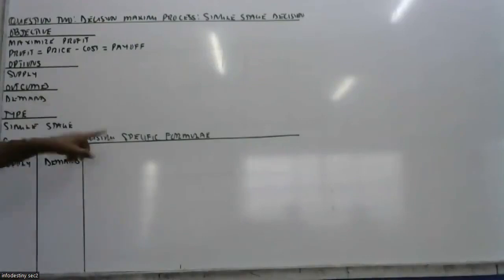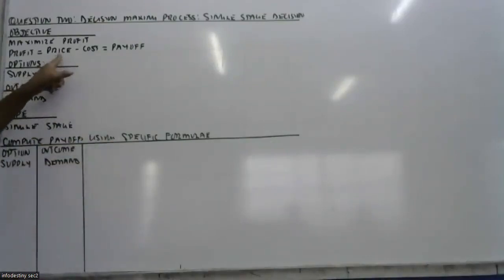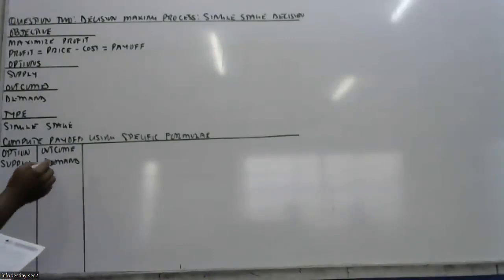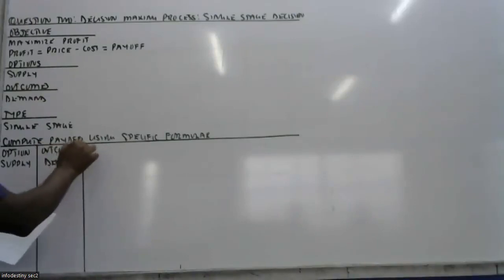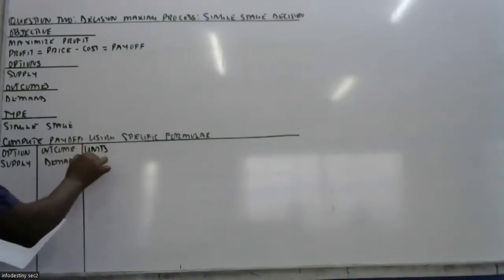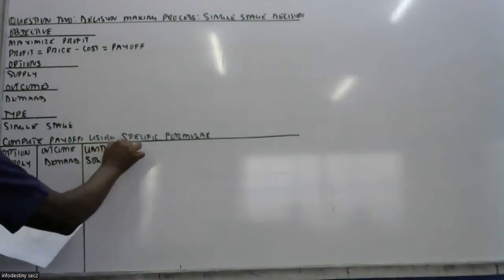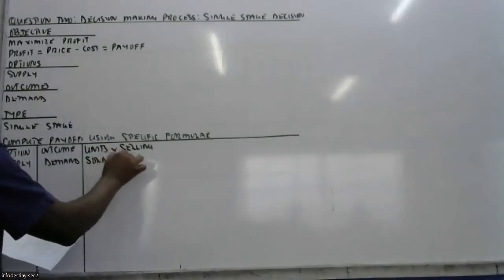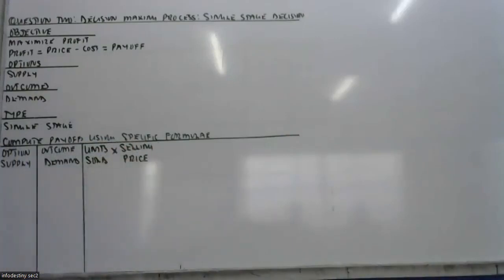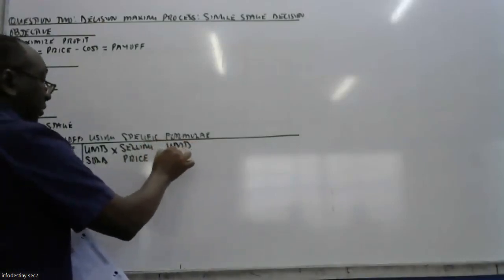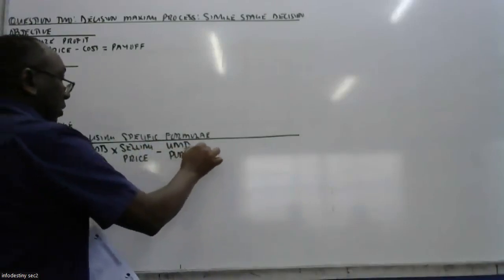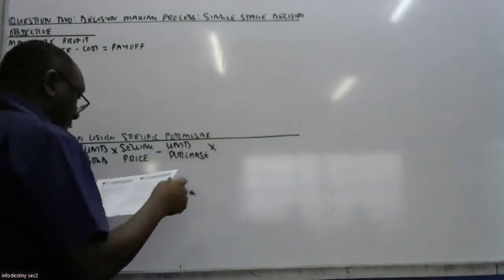Okay. Sasa hii specific formula unakuja ku specify hapa. We need to know the price. So the price, maybe first of all we need to know it is going to be units sold multiplied by selling price, that will be the revenue, minus units purchased multiplied by purchase cost,